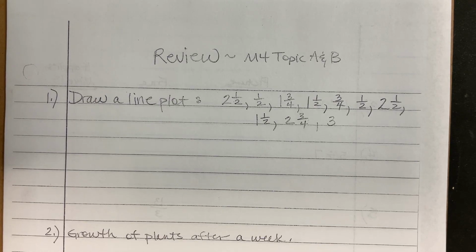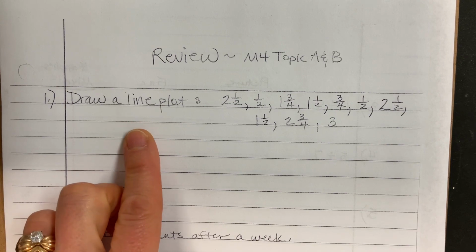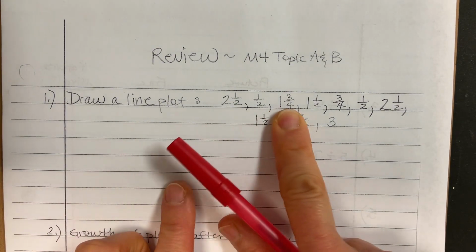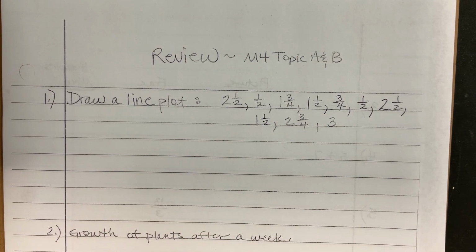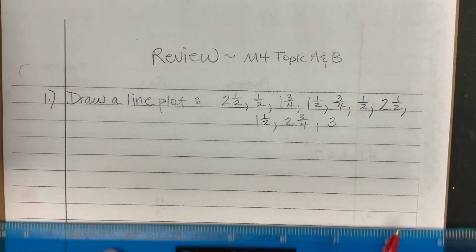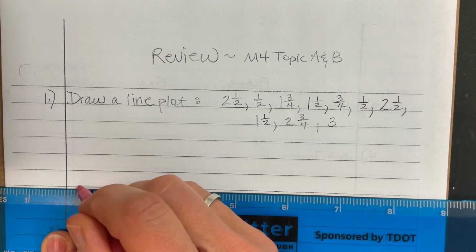This is a short video to help you review topics A and B in Module 4 before you take your quiz. The first question just asks us to draw a line plot, and these are our data points. So when you create a line plot, remember it's like drawing a number line, which I will, and I'm going to do this in a red pen just so it shows up better